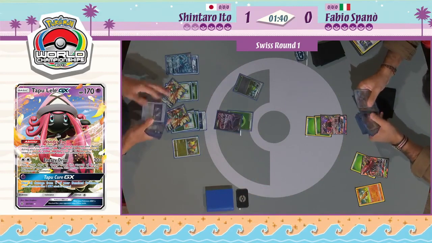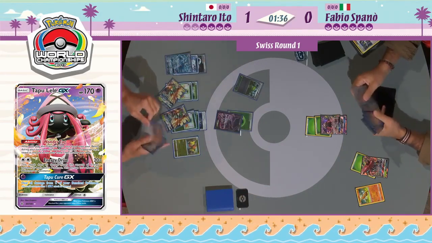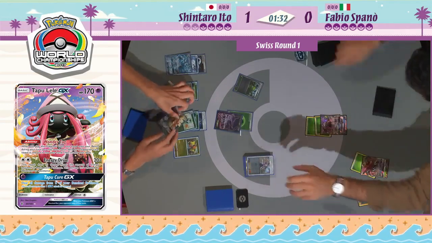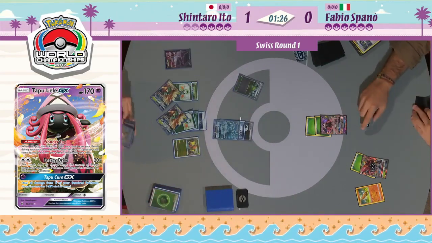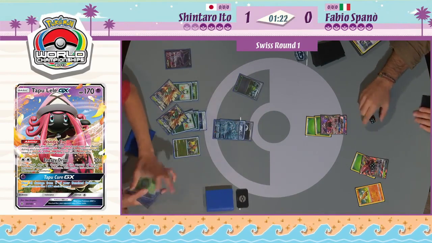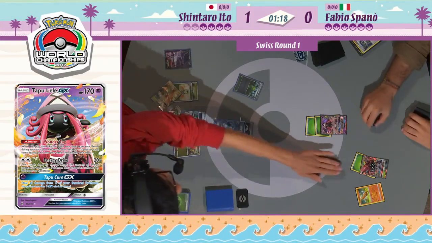Fabio's over here looking at what Shintaro has played so far, and maybe just trying to get a read on that Acerola count. That's really just been the card that has been messing with Fabio here. He can't get big one-hit knockouts, and every time that he attacks into a Decidueye, the damage just melts off the board. So Shintaro looks like he can just continue to put on some pressure here, now using the Alolan